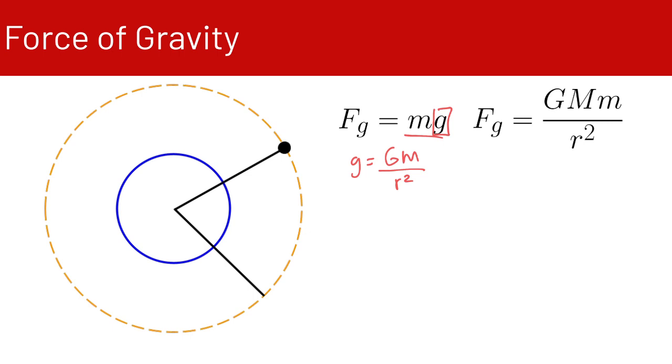So now when you multiply g times m, you end up with the gravitational force is equal to big G times big M times little m. This little m is the mass of you being attracted to the Earth gravitationally, or it could be the mass of a satellite. It could be the mass of a moon. It could be the mass of any other object that's attracted to the larger of the two objects, divided by the radius squared.